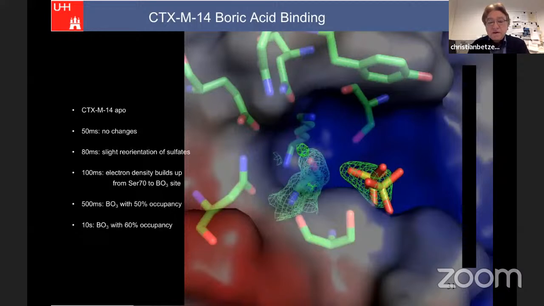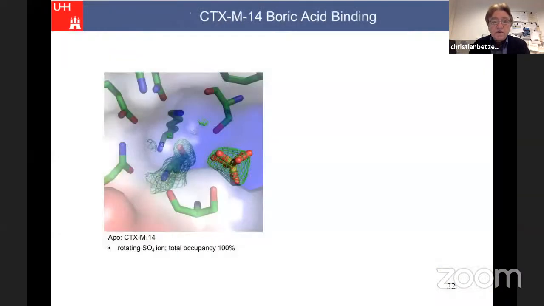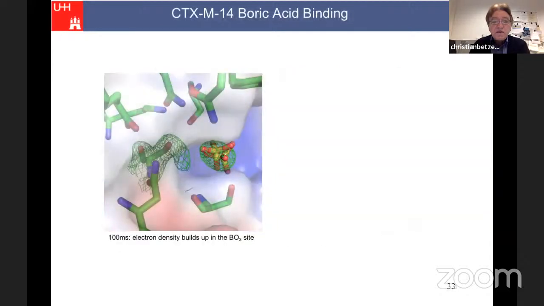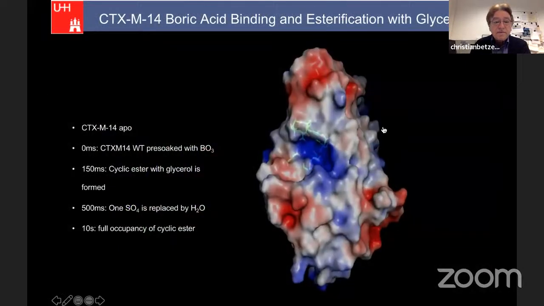Using fast detectors and pulsed radiation, you can see intermediates and you can catch most valuable information to redesign drugs, which we were looking at only statically before. You see here the bond formation. And due to time reasons, I'm going to the next slide, just showing a summary. You see here the different time points, at the end the covalent bond of the boronic acid.